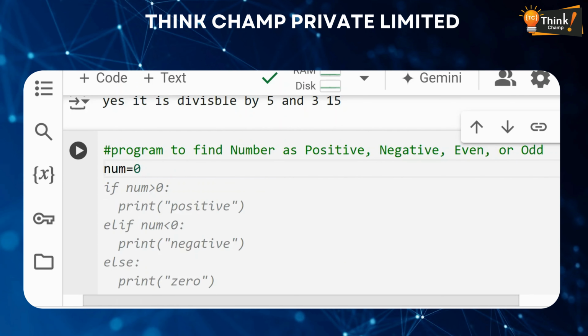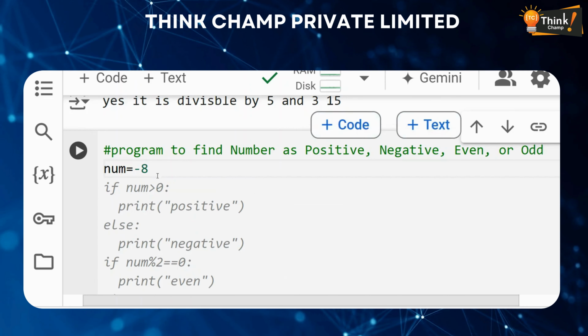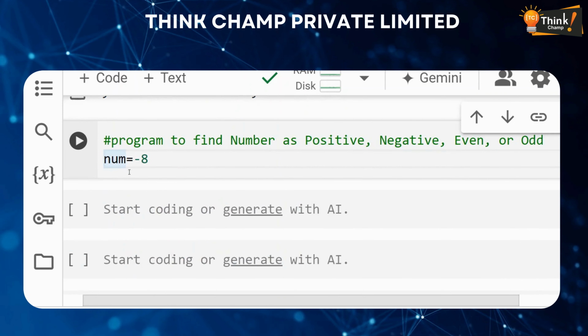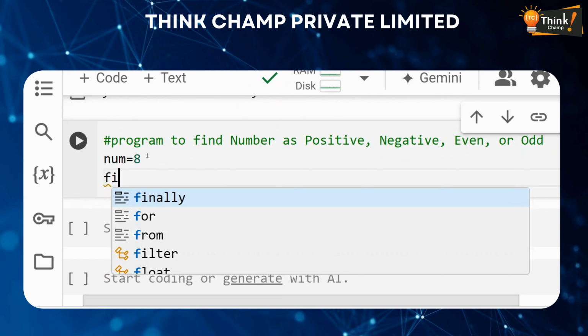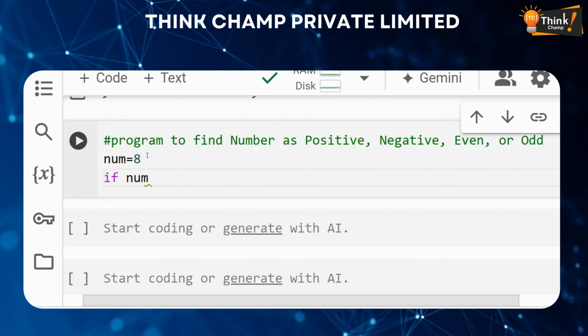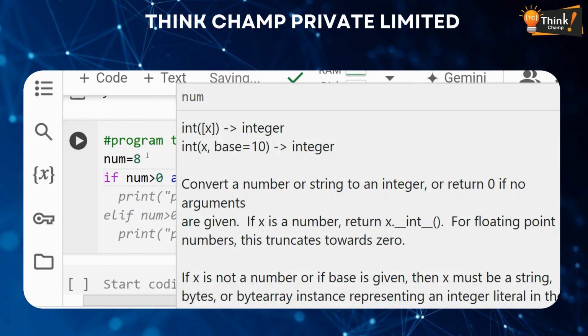Minus 8. Okay, first of all you have to check whether this number is positive or not. 8 అనేది తీసుకున్నాను. If number is greater than 0 and number percentile to double equals to 0,